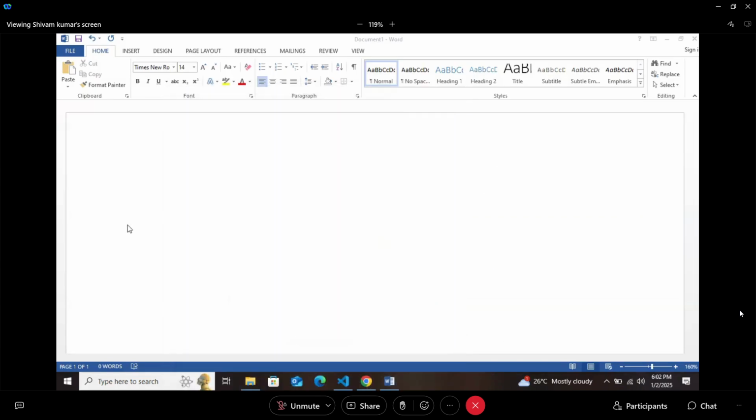Okay. So here we'll see styling the React component. Why do we need to style the React component?